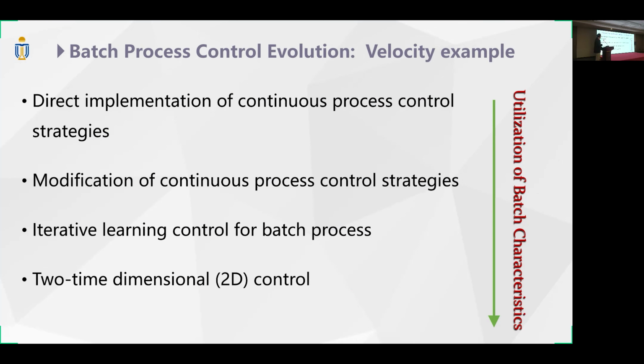And then we realized we invest heavily in the equipment, in the sensors and actuators, and we still cannot achieve very good control. Then we realized batch processes have unique characteristics. So we modified the continuous process control methods to suit those characteristics. That's our second phase of